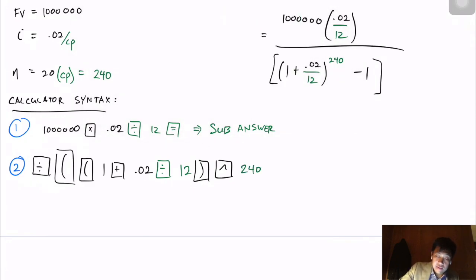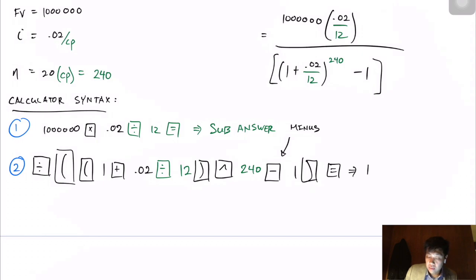And again, I mentioned this in the previous video as well. You just want to make sure that this becomes a minus, not negative, minus sign, and take it away from the exponent if your calculator does that. And then we need to close our parentheses again, and then equal sign, and then this will give us our proper answer here. Now again, as you can imagine, I did the calculation in advance, but what I got, as long as there's no typos, is the recurring payment for a future value to reach this goal is